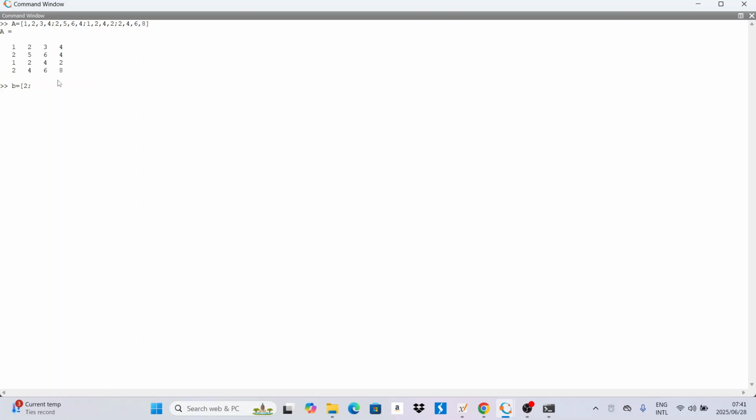So it's 2, semicolon, 4, semicolon again, and say 6, semicolon, then 8. Maybe we have that as our vector. Then we close it with our square bracket, then we press enter. Then now we have our matrix A and our vector B.